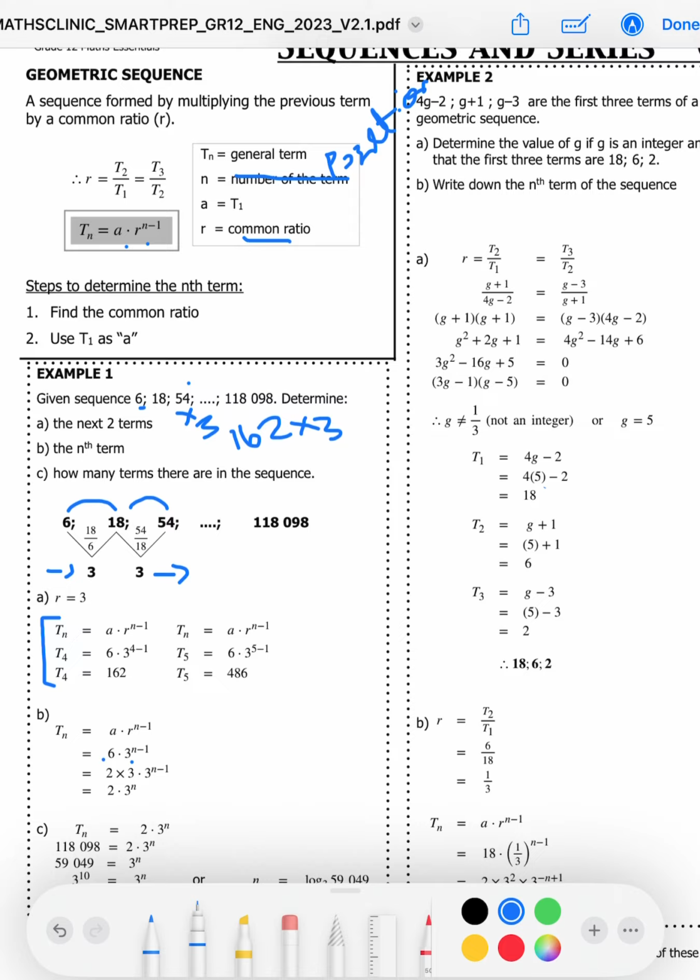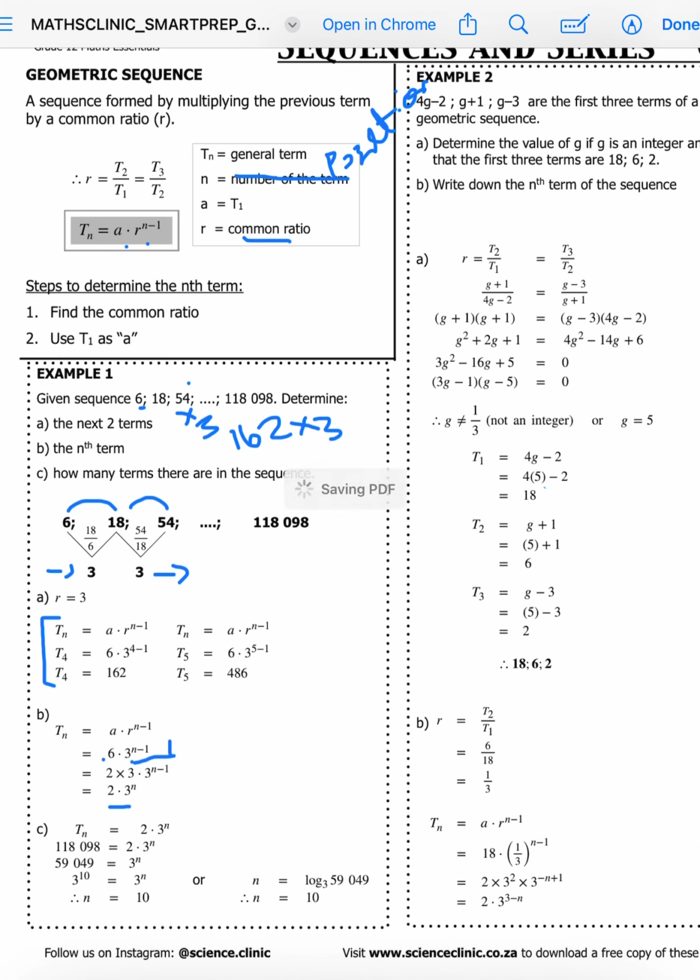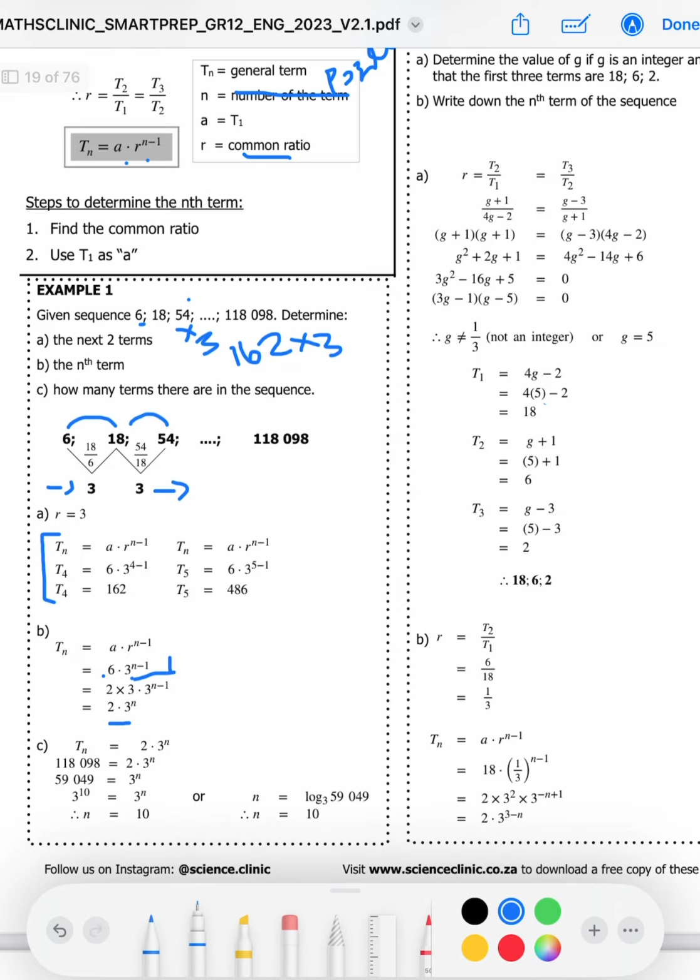Always, to deal with "how many terms," we must look at the last term. So we attempt this as the previous thing. We say Tn is equal to that. Here they are using the simplified version, and we will put the last term, which is 118,098. And then the first step they do there is divide by 2 both sides to get rid of that 2. To get rid of this 2, they divide by 2 both sides, and then that side will be having